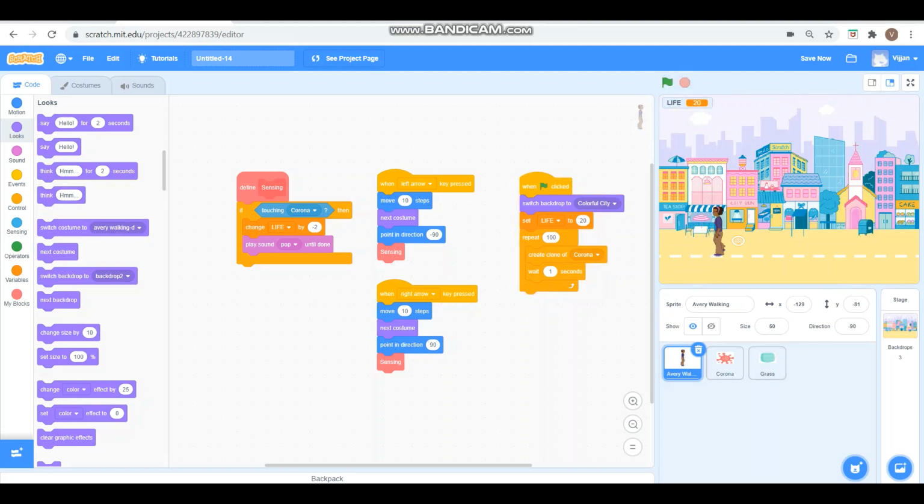And now let's make the life 0. See, now it is -4, right? So at the point when the life becomes 0, we should display the game over screen.